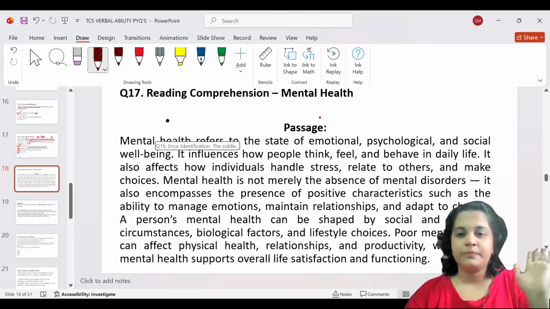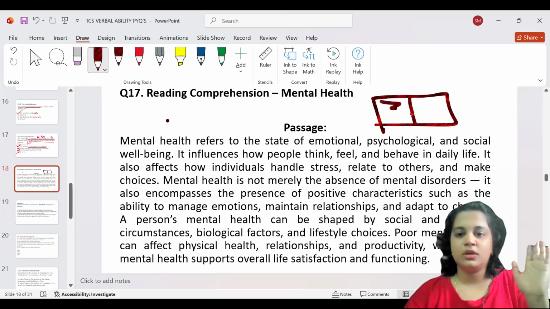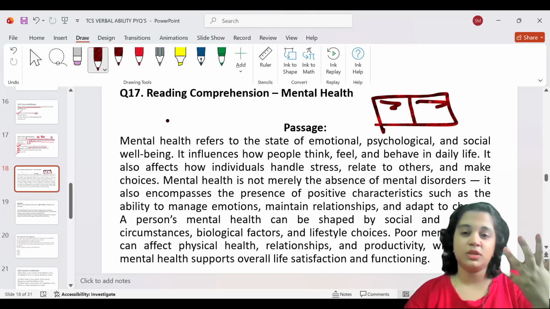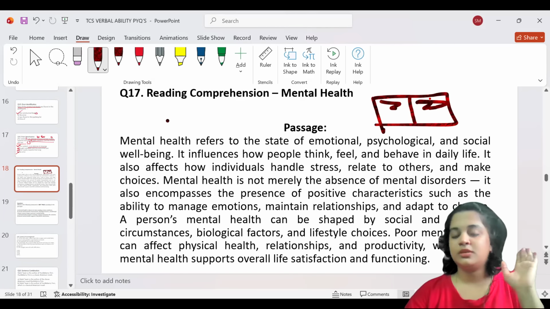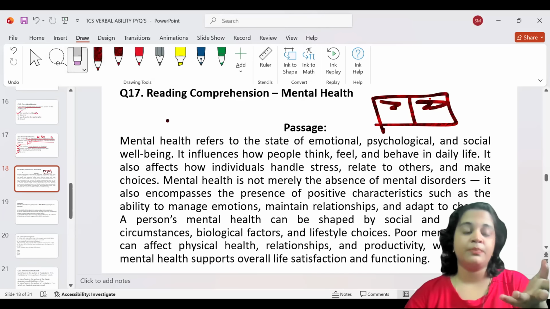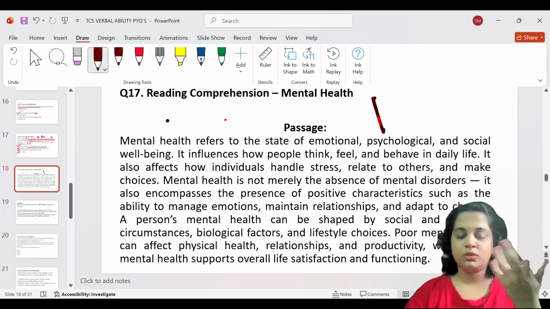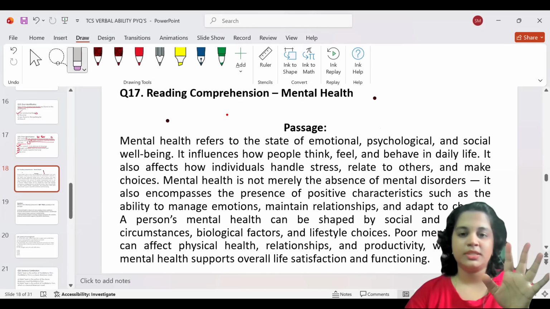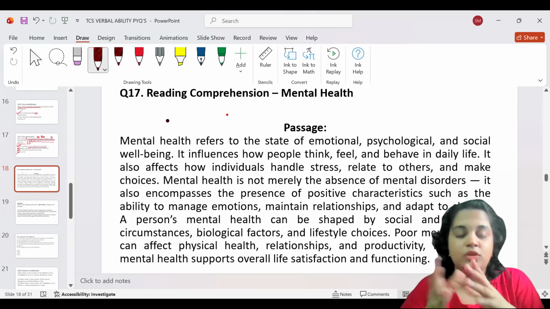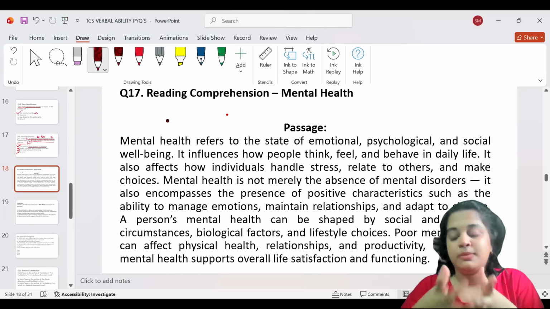Okay, so if at all your browser looks something like this, the question here and the passage here and the question here, please read the question and then go to read the passage. I would suggest that. But if you're not able to backtrack with your questions, please avoid doing that. Otherwise, you might miss reading the passage. If at all the browser does not support it, if you can't go back, then please don't use this method. But if you can, try doing this particular method.